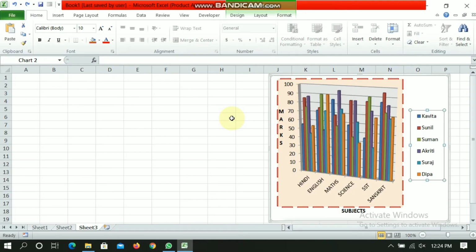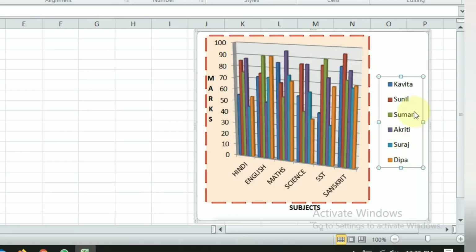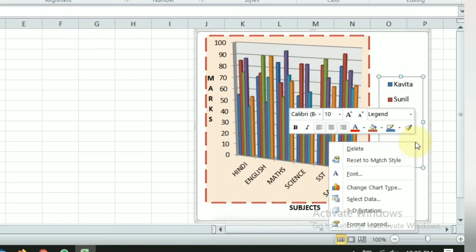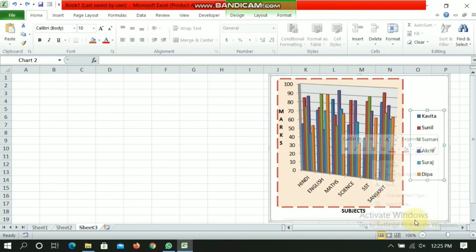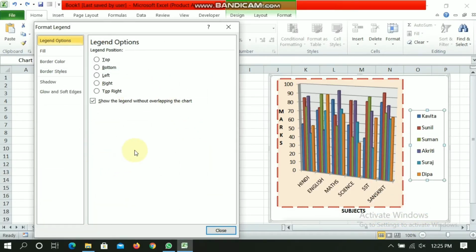Now we will learn how we can format the legend. You can find the legend on the right of the chart. This is the legend, the selected one, and you need to click on right and select format legend. A dialog box of format legend will appear where you can change the various things.